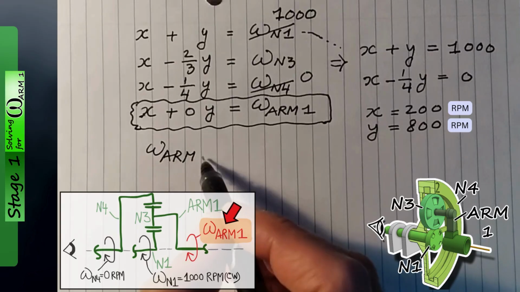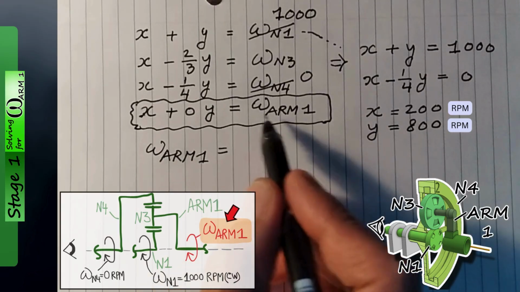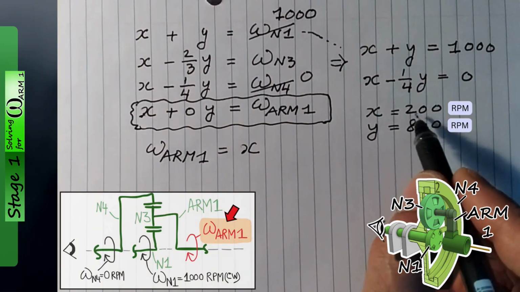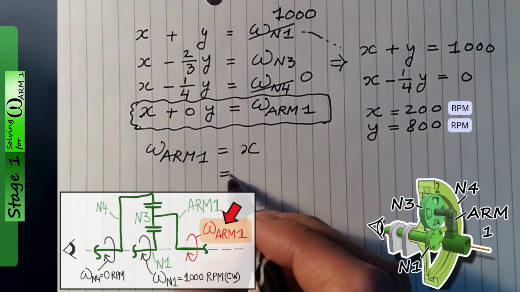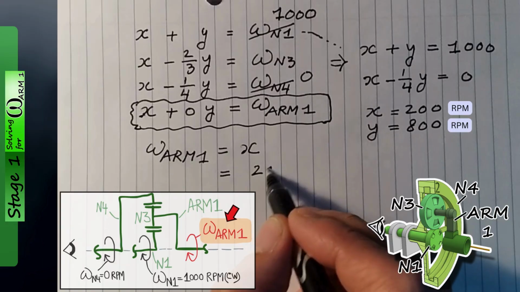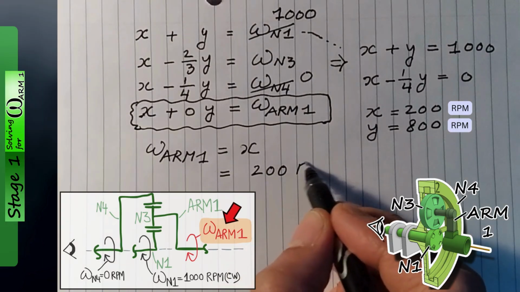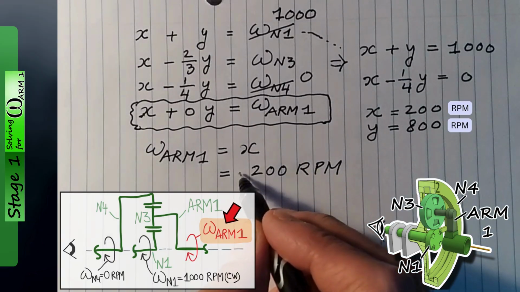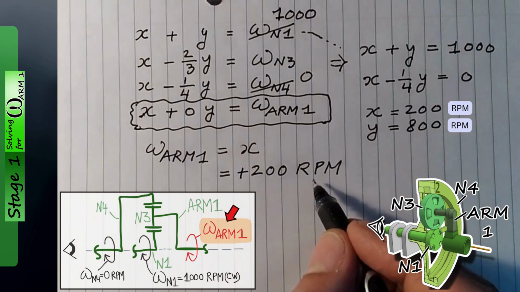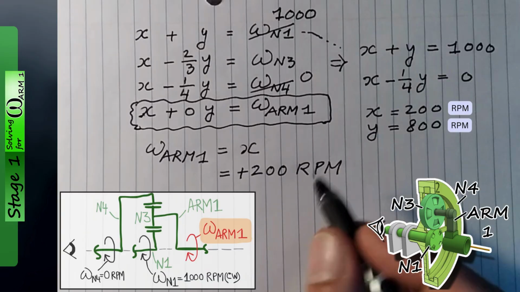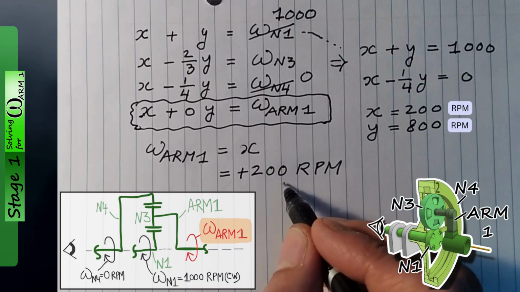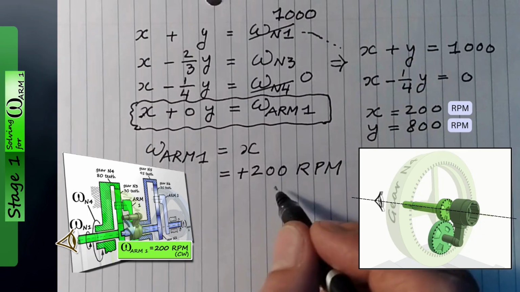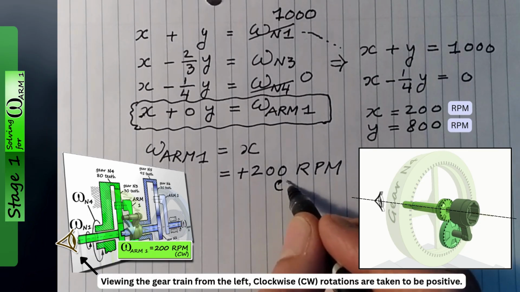Omega arm 1 is actually simply equal to x. X is equal to 200. Therefore, we have 200 RPM. Since the answer is positive, this means that the direction of rotation is clockwise,